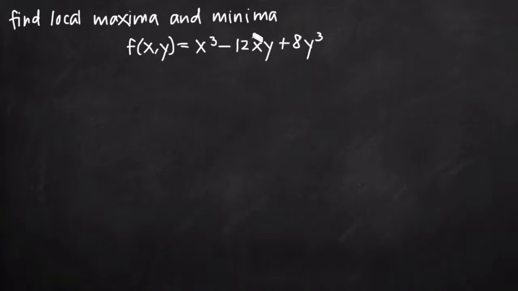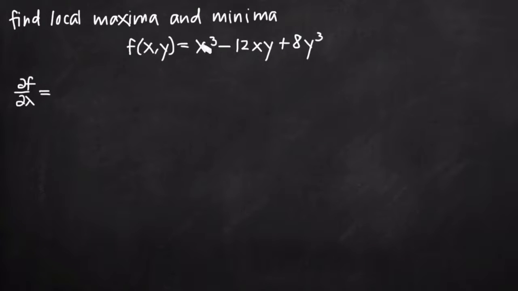And in order to use the second derivative test, we're going to need all three second order partial derivatives of our function f of x, y. In order to get to the second order partial derivatives, of course, we need to find our first order partial derivatives. So that's going to be our first step. So finding the first order partial derivatives, we're going to say the partial derivative of f with respect to x